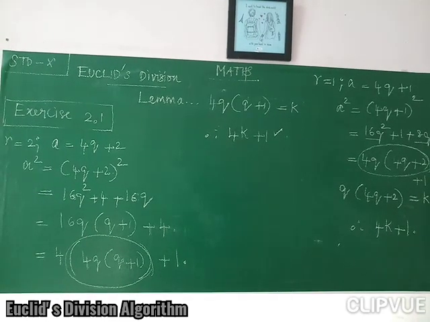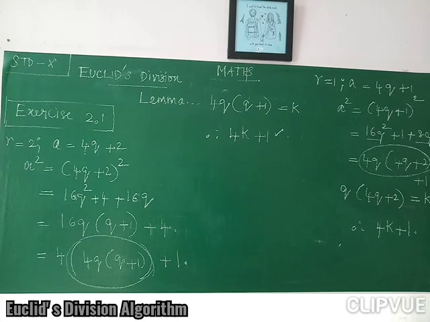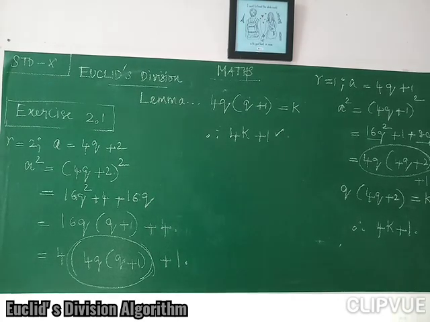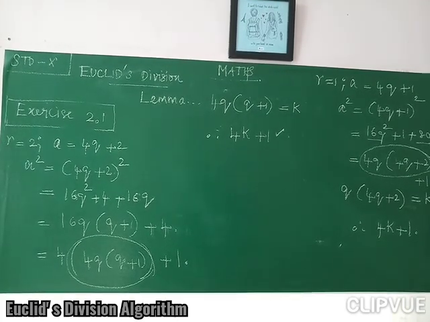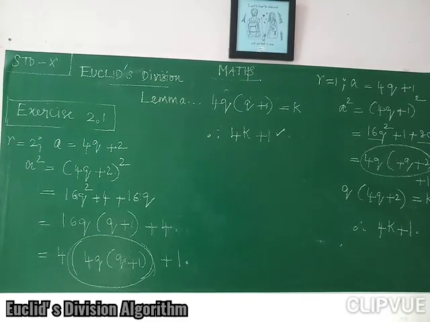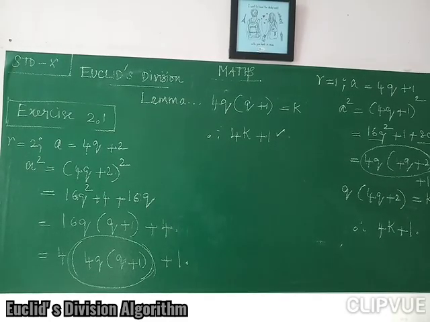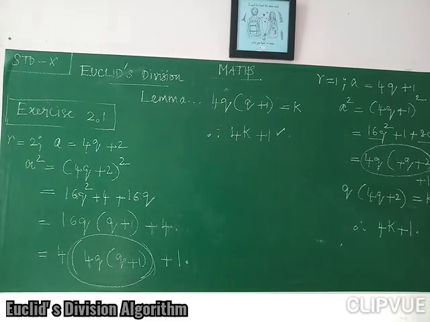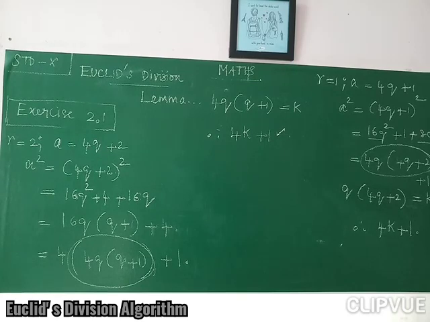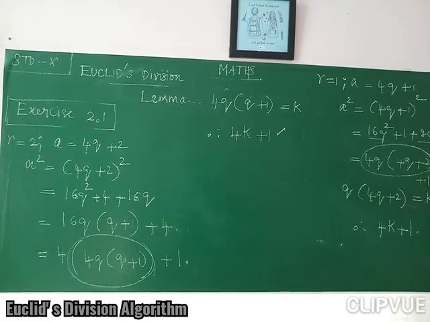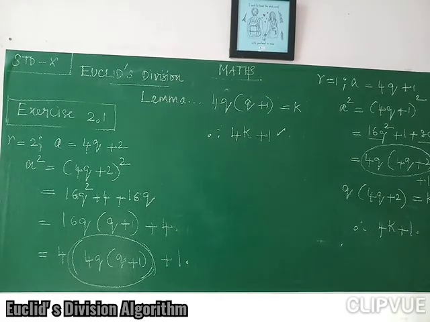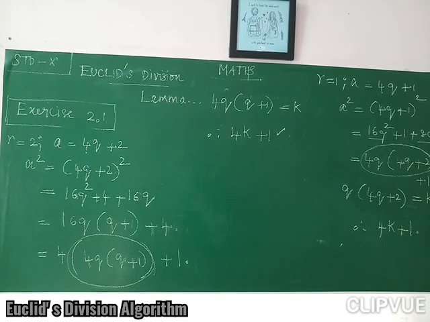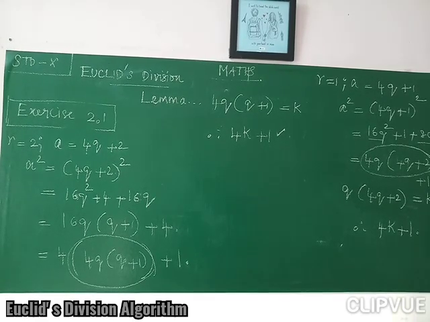If you take r is equal to 2, listen carefully. So a is equal to 4q plus the remainder 2, and a square, its square, equal to 4q plus 2 the whole square. So a plus b whole square expansion, a square plus b square plus 2ab. According to that I have written 16q square plus 4 plus 16q. From 1 and 3 you can take 16q out. If you take 16q out, what do we get? In the first term q will be there, plus the last term 1. So 16q of q plus 1, plus 4.